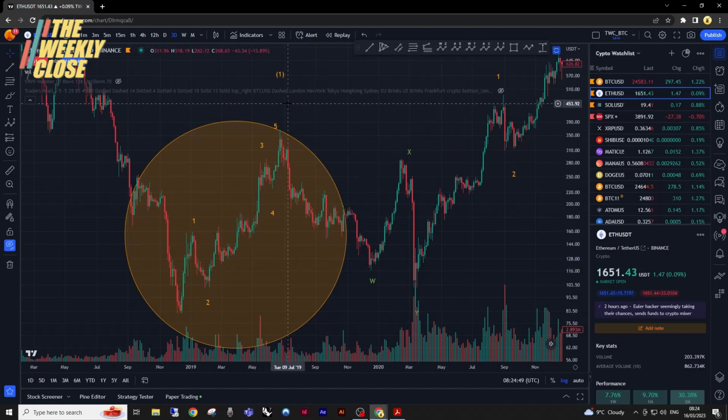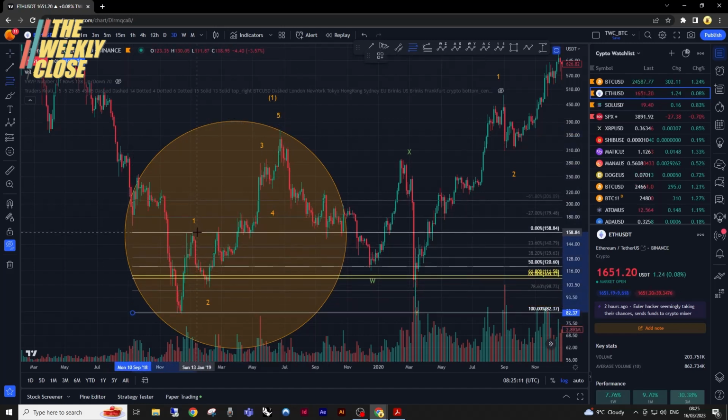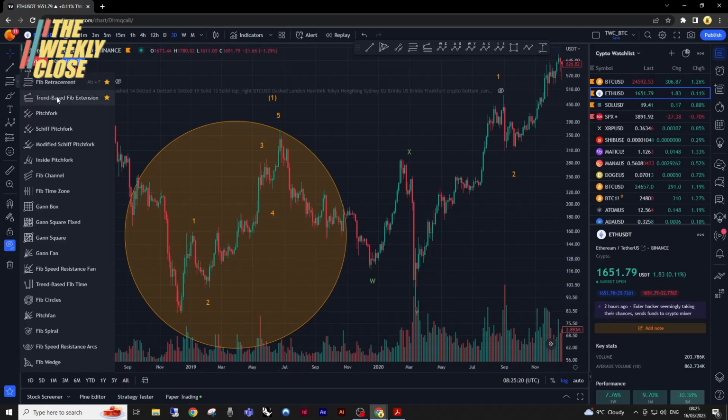So this is another one, just looking at similar. This is Ethereum now following Bitcoin, but similar in principle. Wave 1 going into a 2, extends to a 3. The 2 doesn't drop below the 1. The 4 doesn't drop below the peak of the 1 here, and then we extend up to a 5. And they're observed quite nicely. Here we've got the depth of the 2 coming down to that 78.6 level, and then with the extension,